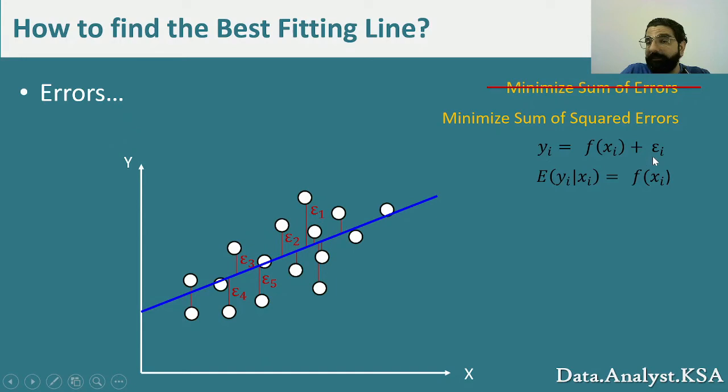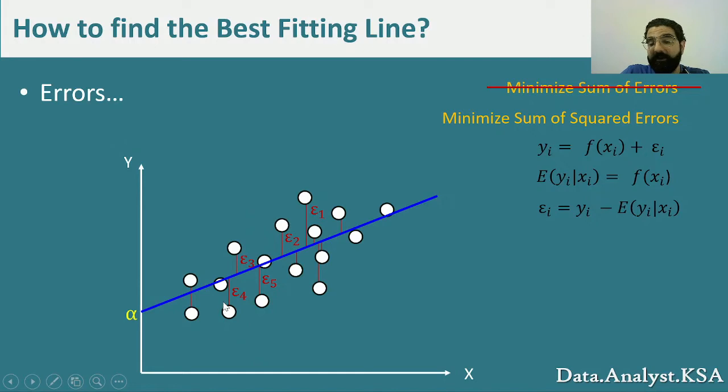Now, if we don't want to think about the error, because really what we are trying to model is a relationship without the error itself, because the error, we said, is random, we're talking about the expected value, which is a concept in statistics that is very close to the mean value. So the expected value of yi given xi, so for a given x value, the expected value of y is this. And this is represented by f of xi, which is the equation of this line. So now my error becomes yi, which is the actual position of the point, minus the expected value of the point, and this is going to give me this distance.